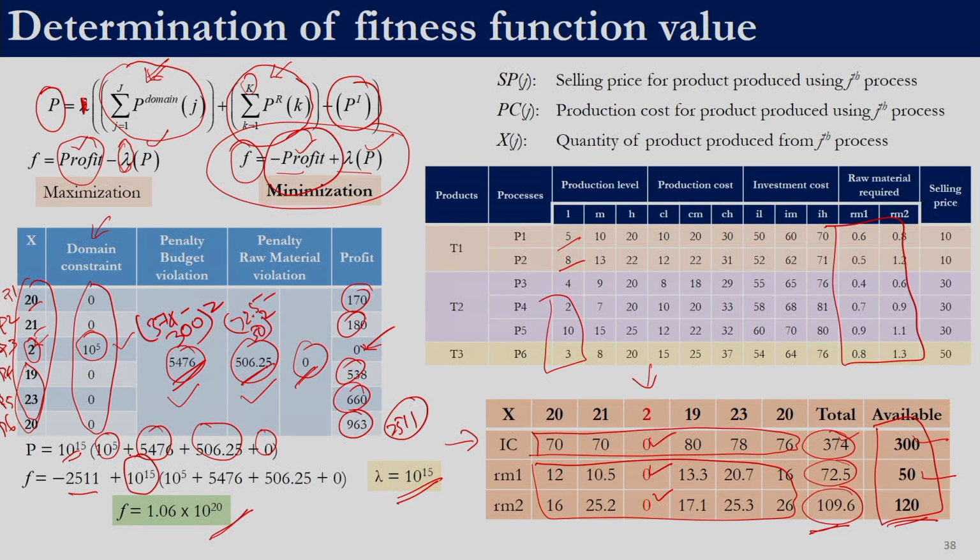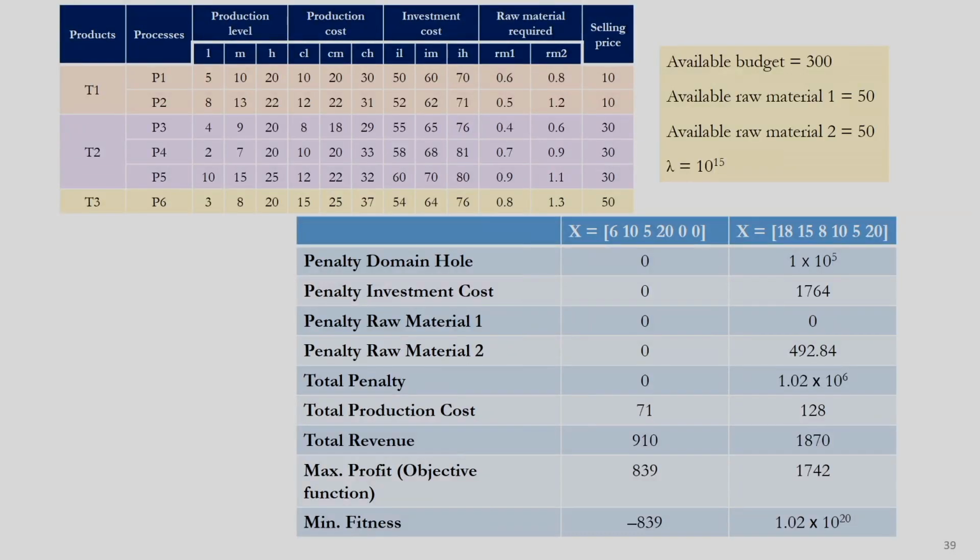Here we have taken a value of lambda to be 10 power 15, just to make sure that no feasible solution gets lost to an infeasible solution. If you have understood constraint optimization, for a feasible solution the penalty will work out to be 0, so this second part will not have any impact on the fitness function. The fitness function will be minus profit. Here we have given a penalty of 10 power 5 for violating the domain constraint, and we have given 10 power 15 as a penalty factor. You can take different values and see what impact it has on the performance of the metaheuristic techniques. We leave this for you to calculate.